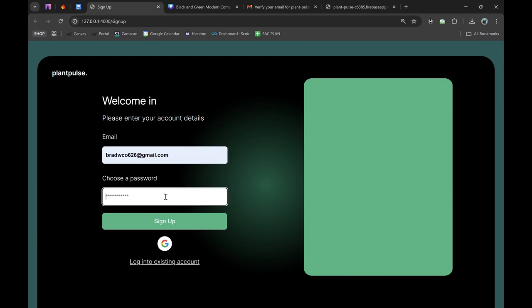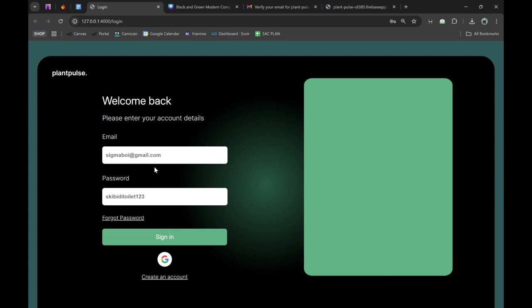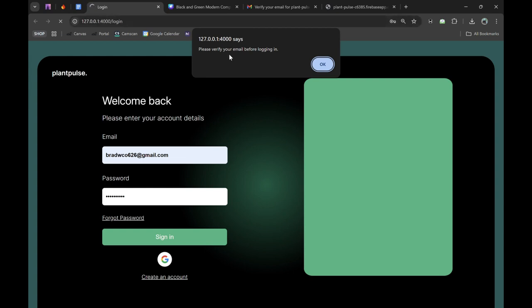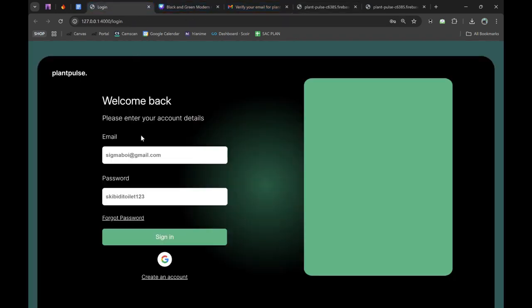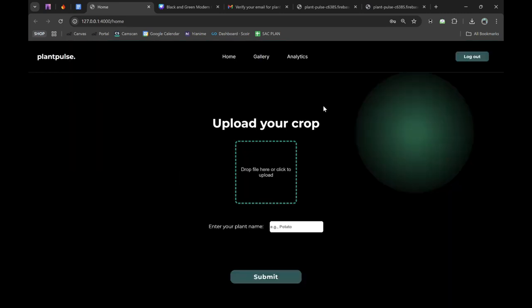So first I'm going to create an account, enter my password, sign up. Okay, now we're in the login page, and I'm going to log in. But Firebase tells us that I have to verify my email, so I'm going to verify my email. And now my email has been verified and it should work now. Okay, now that we're in the app,